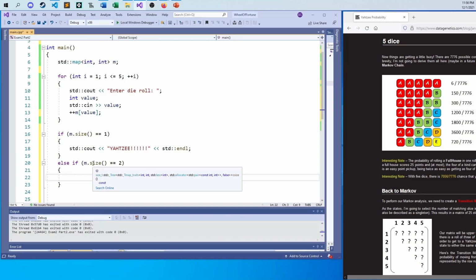Okay, so to make this work, since I have a size of 2, I don't have to worry. I can go right to the begin iterator and say, give me the second, because the first will be the die value, and I don't really care about the die value itself. I just care about how many times it's been rolled. So I'll just call it x here: int x equals m.begin()->second, and I can say if x equals 1, or if x equals 4,